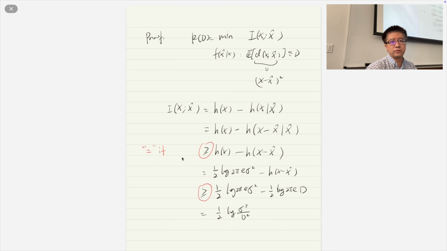as we said, right, the reason we have a larger than or equal to is because we dropped the condition here, right? If this and this are equal, it basically means that x hat and x minus x hat have to be independent, right? So if x minus x hat and x hat are independent. Okay, so that's condition number 1, right? Condition number 2, so when this will become equality,